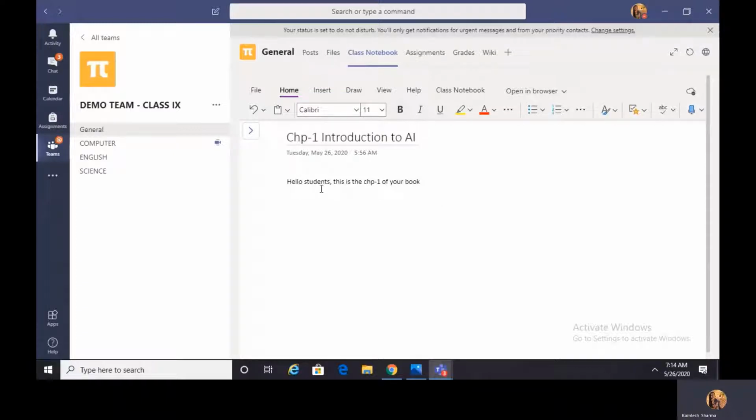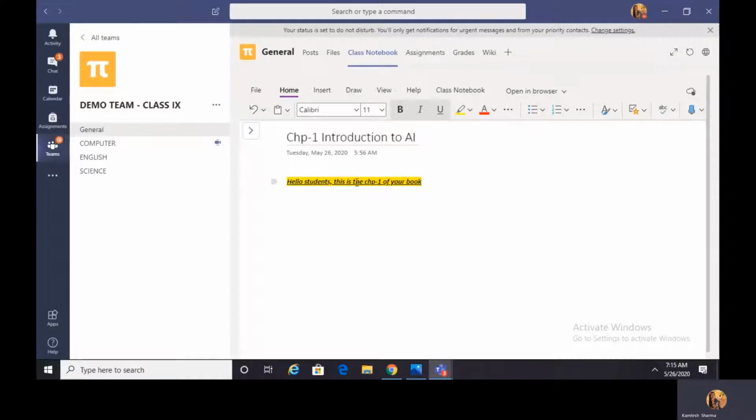Now once you are done with the writing part, you can select the entire content and do some formatting over it. For example, you can make it bold, italics, or underline the content. If you wish to highlight it, click on this arrow. These are the colors which are provided by Microsoft Teams. So in case you want to highlight this content, you can very well do so.